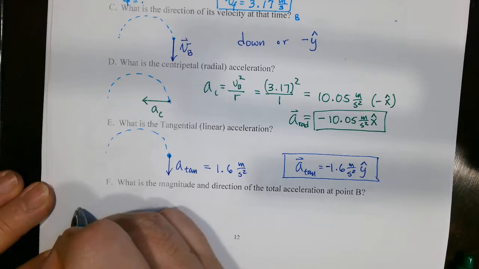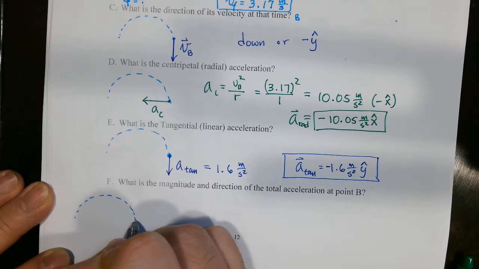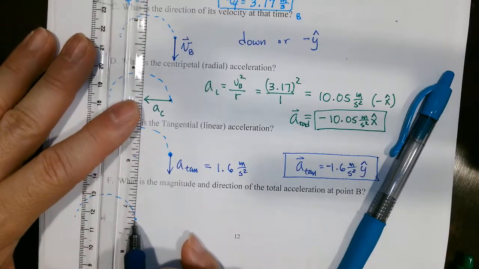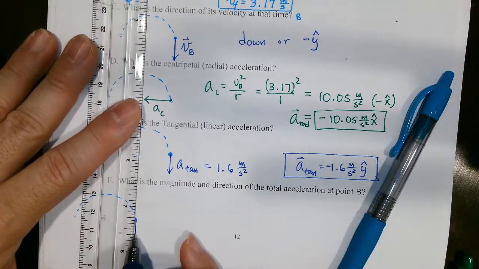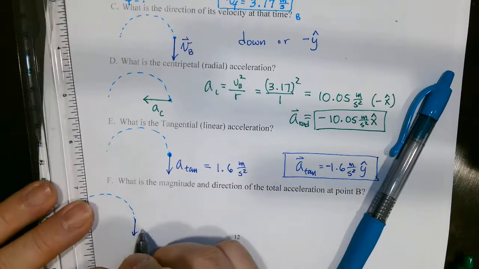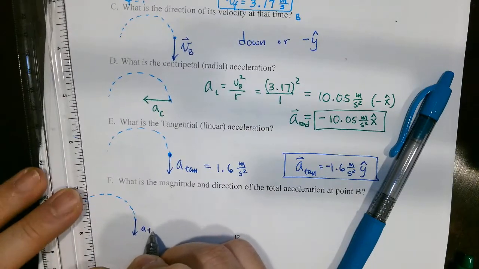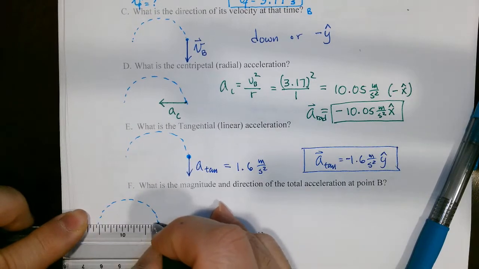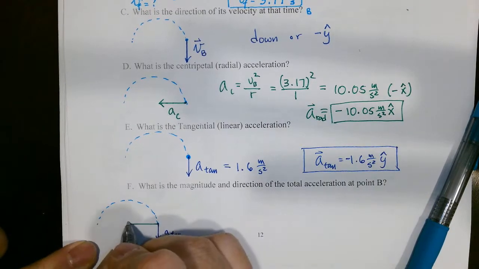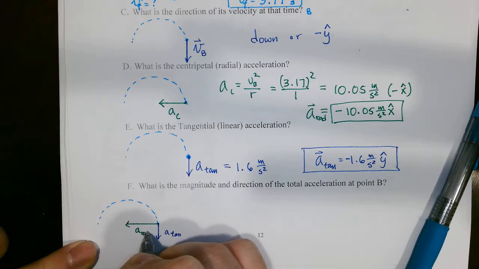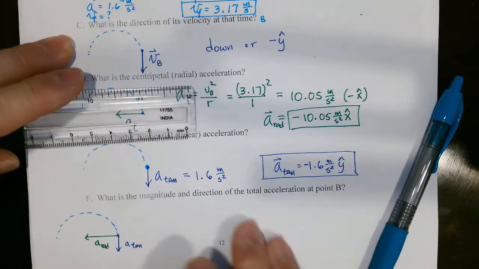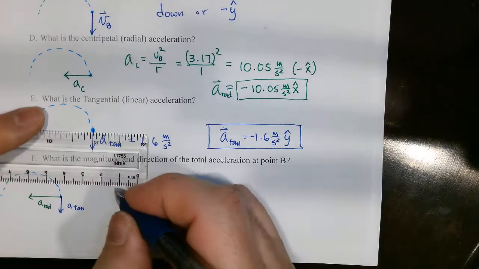So here we have A tangential going down. So A tangential. And then we have A radial. If we were to add these vectorially, what do we get? We get,